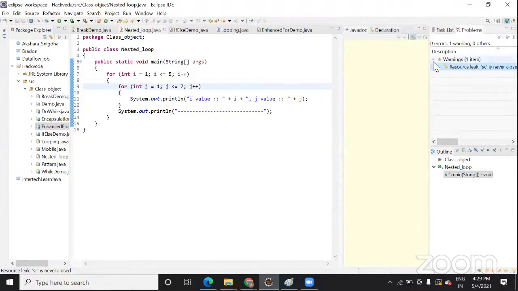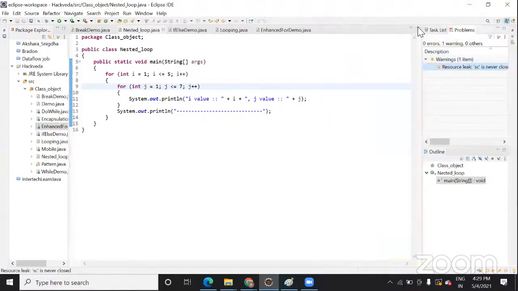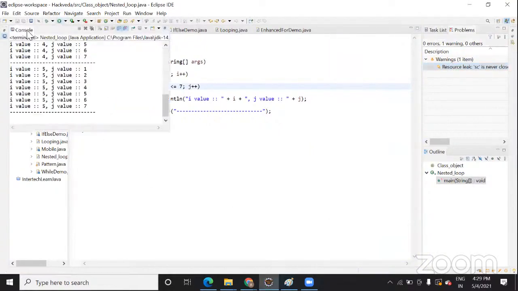You can minimize that. Yes, I'm doing that.